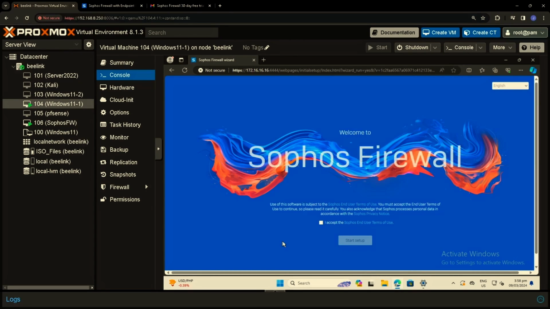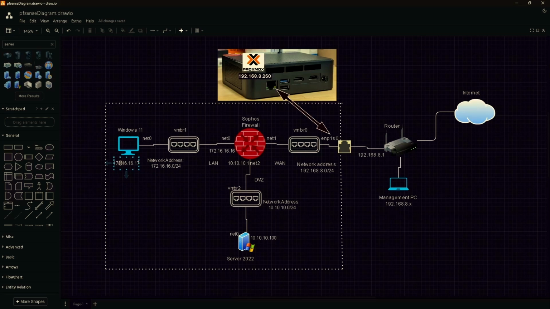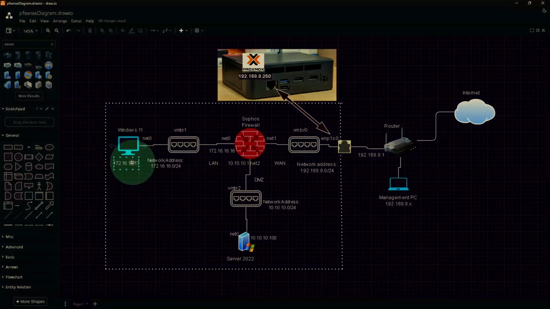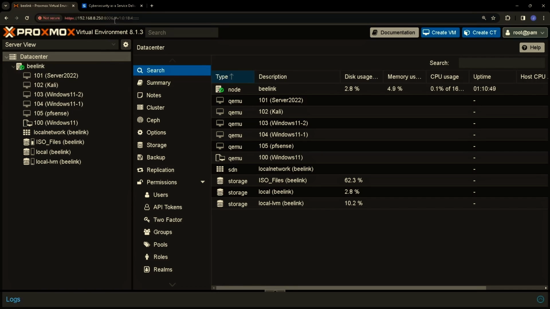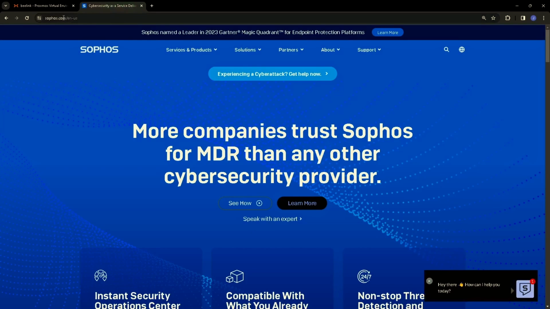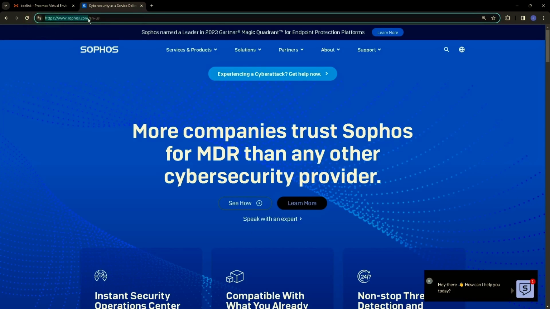In this video, we'll install and configure Sophos Firewall as a virtual machine on Proxmox VE. I'll demonstrate as well a basic network setup with Sophos Firewall managing the network traffic. First thing we need to do is to go to sophos.com website to sign up for a free trial and